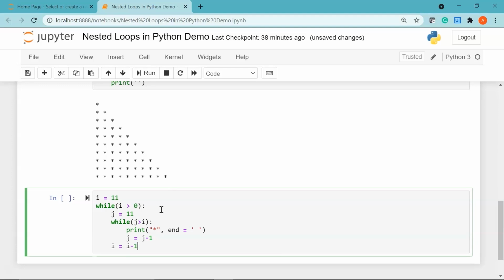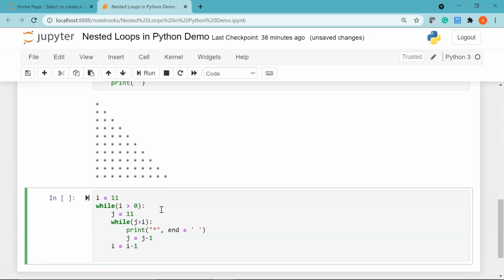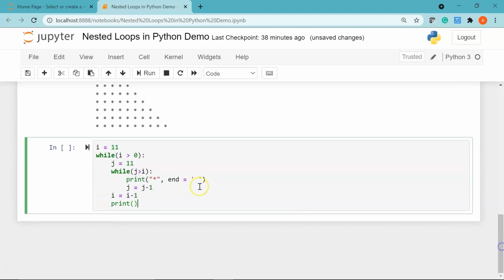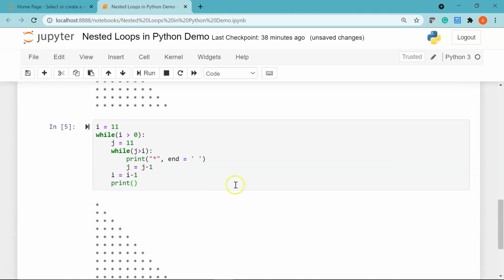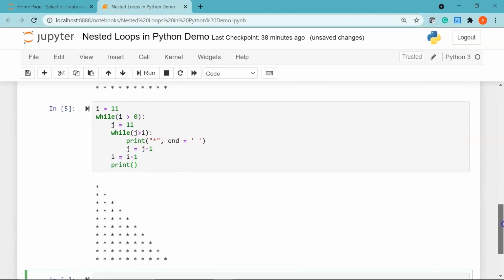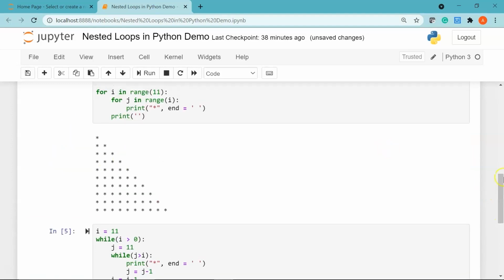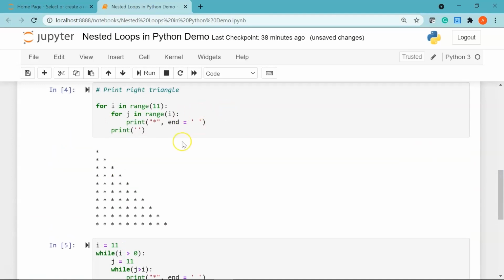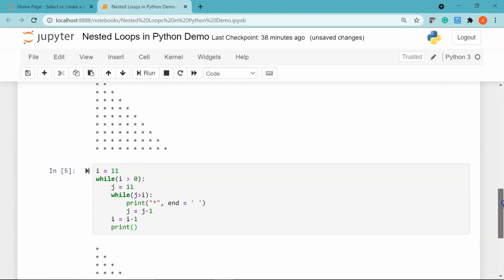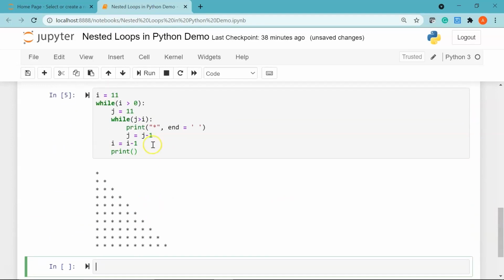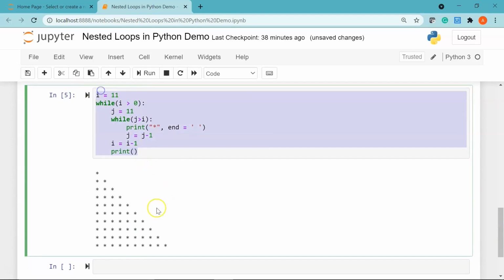So we are also decrementing the first variable i by 1, and now I'll say print. Okay, so let me run this. You can see it here. We have the same pattern printed. Earlier we saw this using 2 for loops, and now we have created the same pattern using 2 while loops.